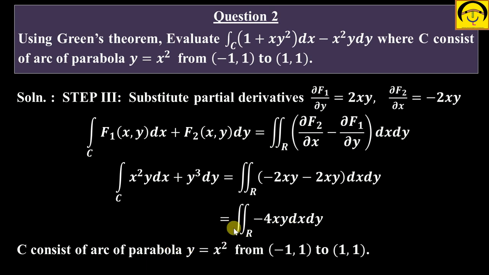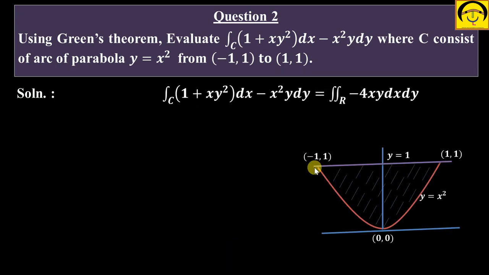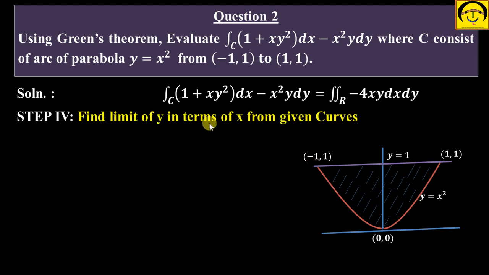फिर आपके पास फोर्थ स्टेप क्या होता है, फोर्थ स्टेप हम किस पे फोकस करते हैं, रीजन पे। तो रीजन आपको जो दिया हुआ है, एक पैराबोला का आर्क दिया हुआ है जो कि (-1, 1) to (1, 1) वेरी कर रहा है। तो फोर्थ स्टेप में हम रीजन प्लॉट करते हैं। रीजन प्लॉट करने के बाद हम लिमिट ऑफ y निकालते हैं इन टर्म्स ऑफ x। सो गिवन कर्व y = x² दिया हुआ है और दूसरी लिमिट y की दे रखी है y = 1।